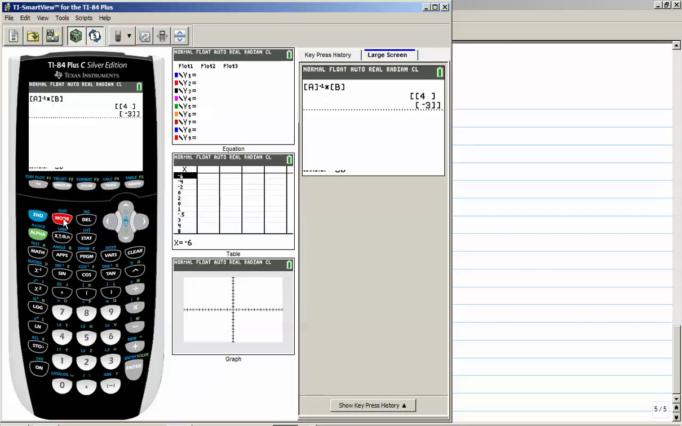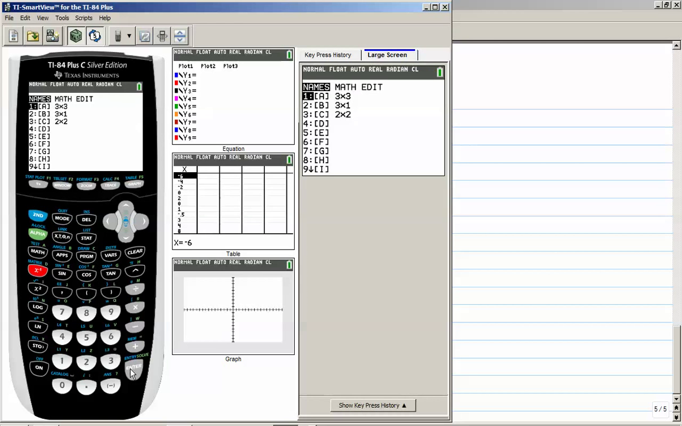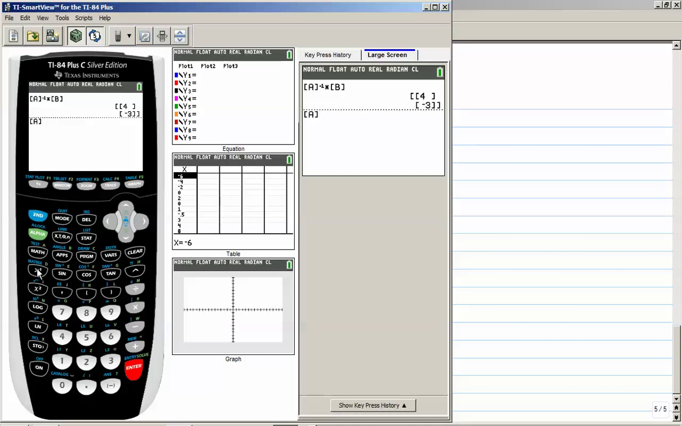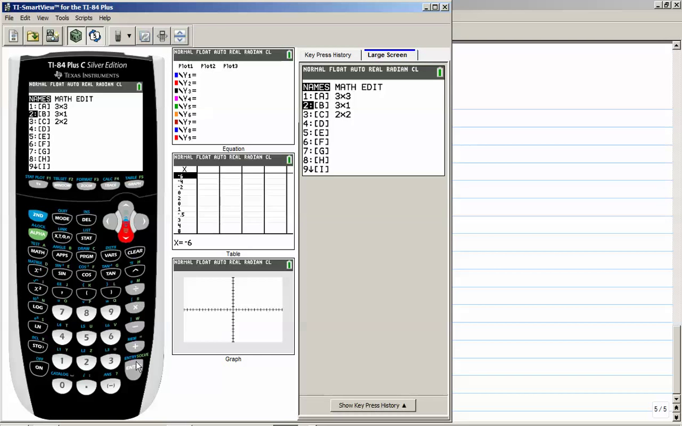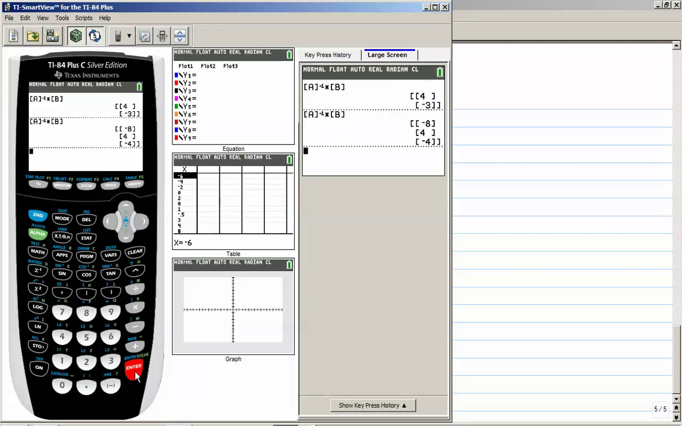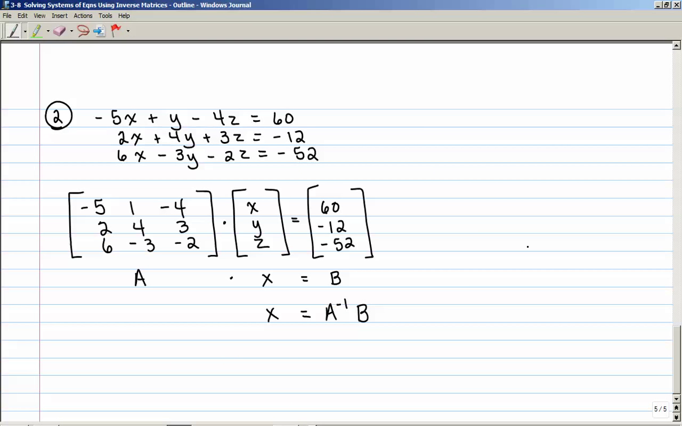And I'm going to quit out of this. Let's call up matrix A. Take the inverse of that and multiply it by matrix B. And hit enter. And I have -8, 4, and -4. So matrix X, my variable matrix, is -8, 4, and -4,